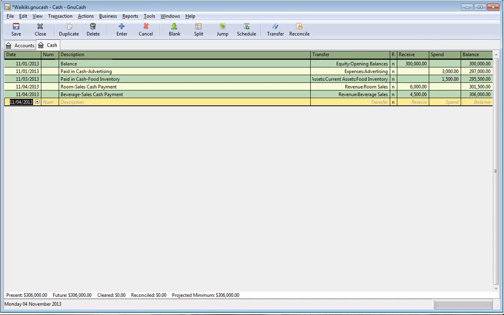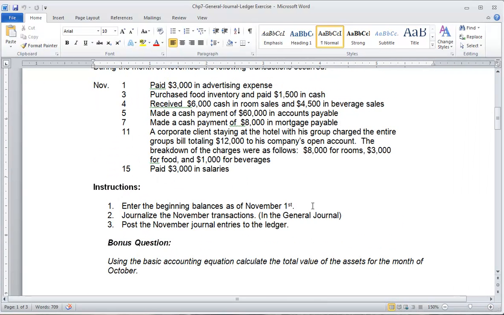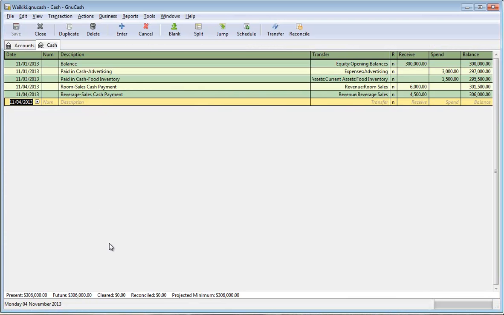Great. Next transaction. Let's go ahead and maximize this. Here we go. Next transaction, we made a cash payment of $60,000 in accounts payable. Okay, so our cash account went down by $60,000, and we paid off a portion of the money that we owed someone. So if we go back to GNUCash,